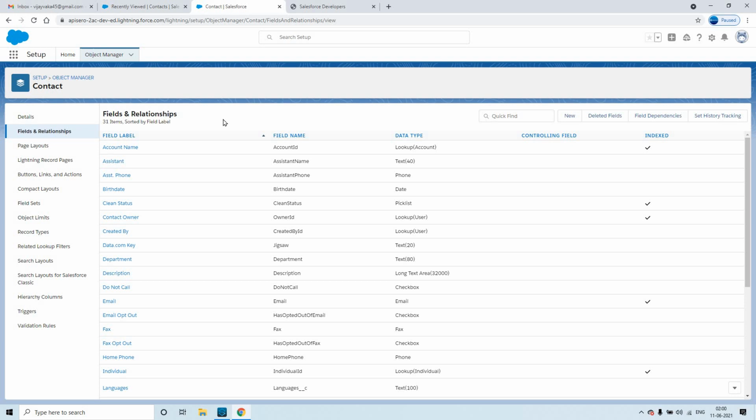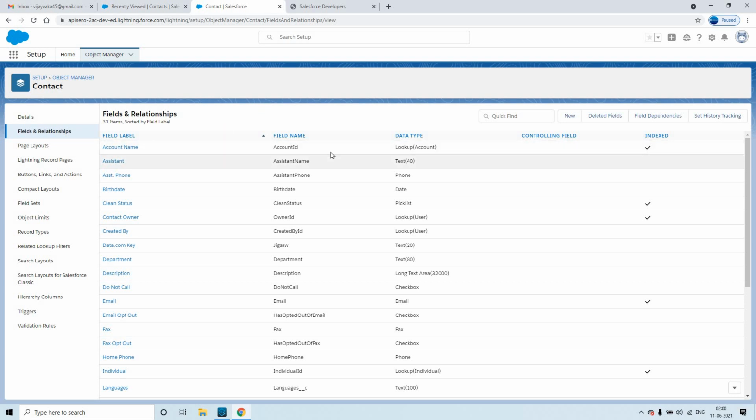And there we'll have data types. When you create a table, you have to pass the field or column names, and there itself you have to define the data type as well. The same thing is applicable here also.